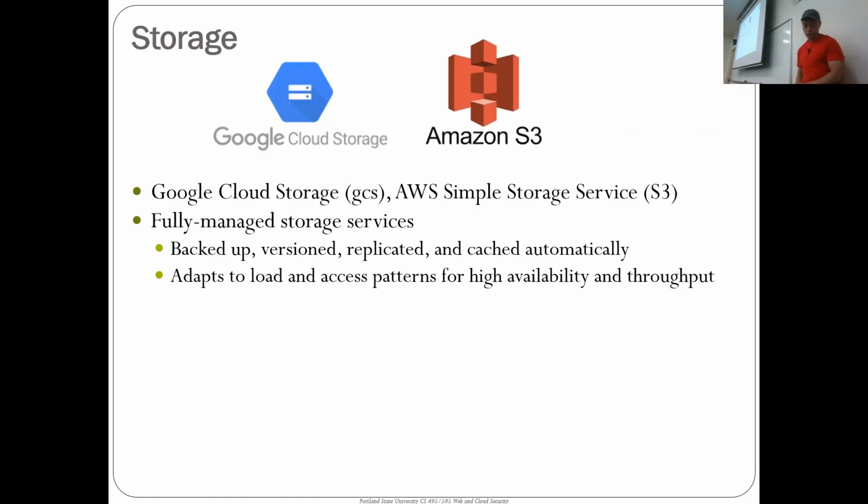The first one that you'll probably come across a lot is cloud storage. So Google Cloud Storage, and in Amazon it's Simple Storage Service, S3. These are storage services that the provider manages. These things are automatically backed up, versioned, replicated, and cached. They're also forward deployed to the locations in the world that they're being accessed from. So you can have settings where it will actually act like a content distribution network and then forward deploy